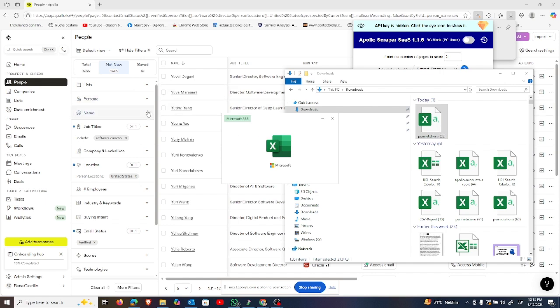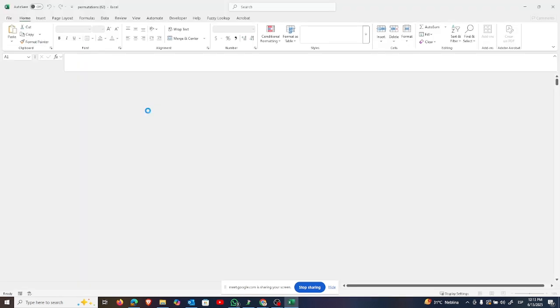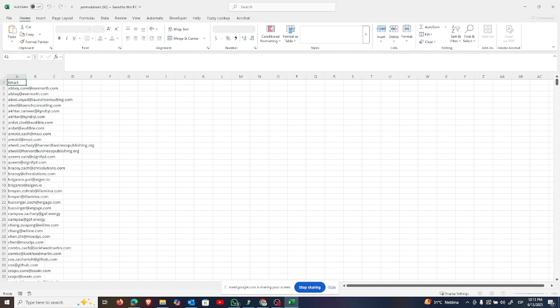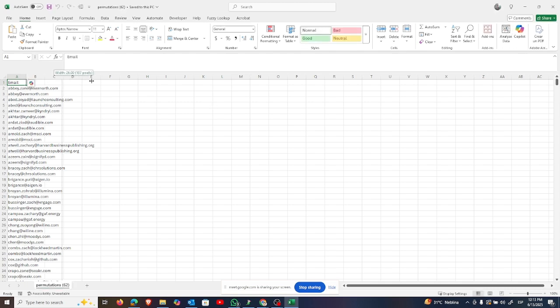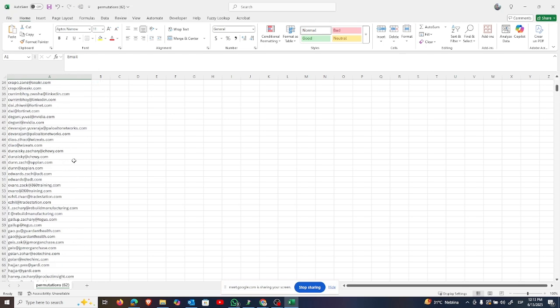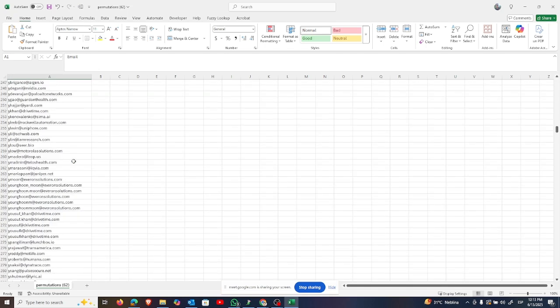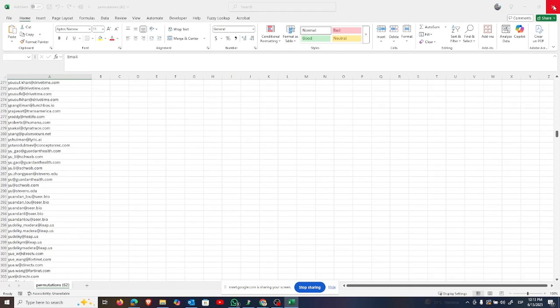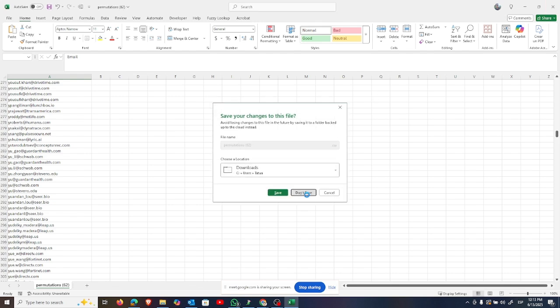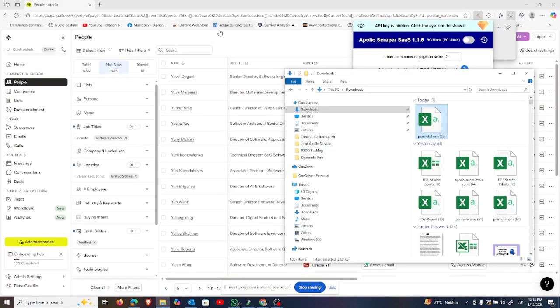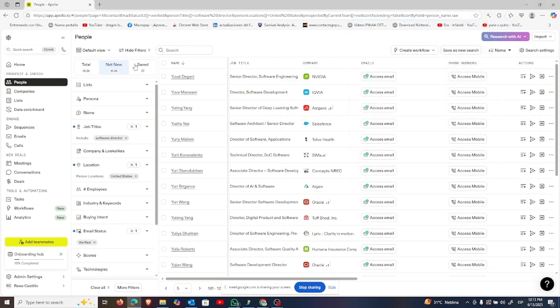So let me just open the file. So we created right now this file, which has permutations of emails, right? Had many permutations, right? Right. So the idea now is that we can uncover new emails. So this saved tab will increase from 37 to 100 for free,